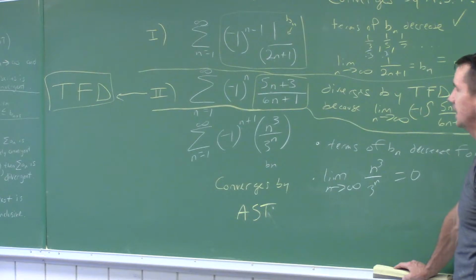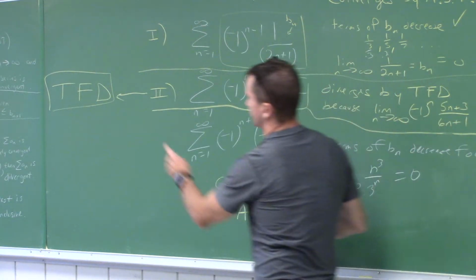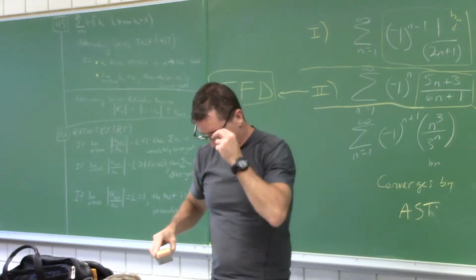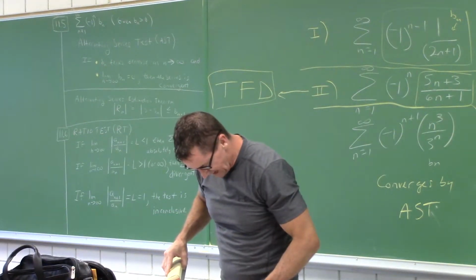Awesome. Okay, I'm going to talk about the alternating series estimation theorem. There was a problem in the book, and I recall